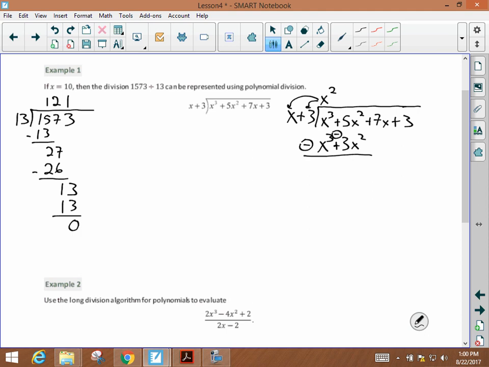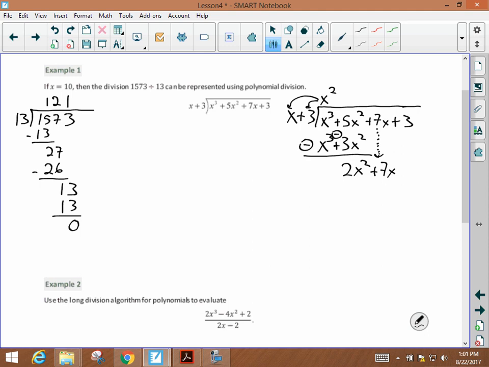So now I'm just going to do 5x squared plus negative 3x squared. That is going to give me 2x squared. The x cubes canceled, right? Because x cubed plus negative x cubed is 0. Now I'm going to drop this down, just like I did when I did the long division problem over there. Same thing. Okay? Now I need to go through the same process, just like I did with the long division,